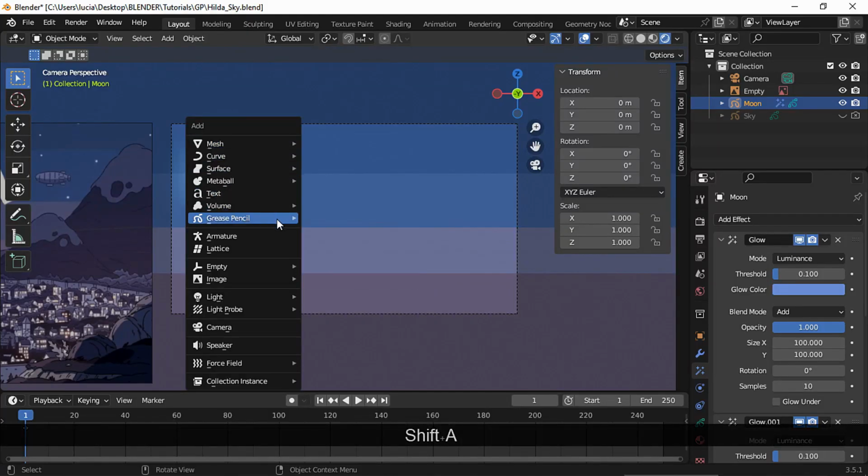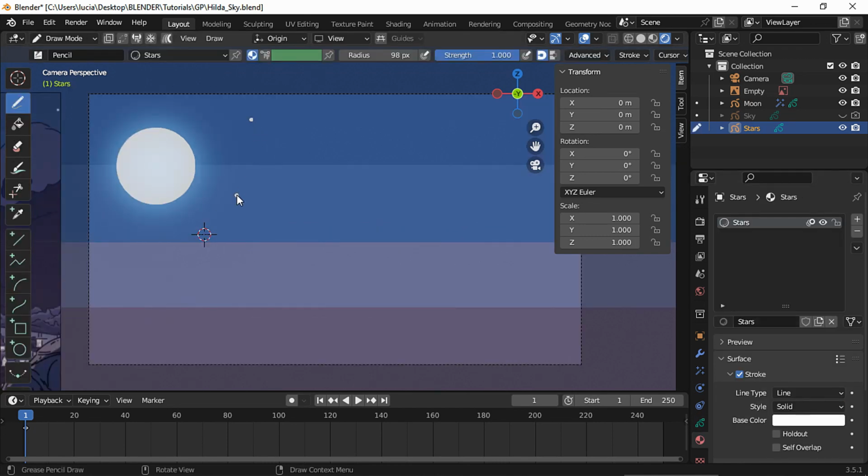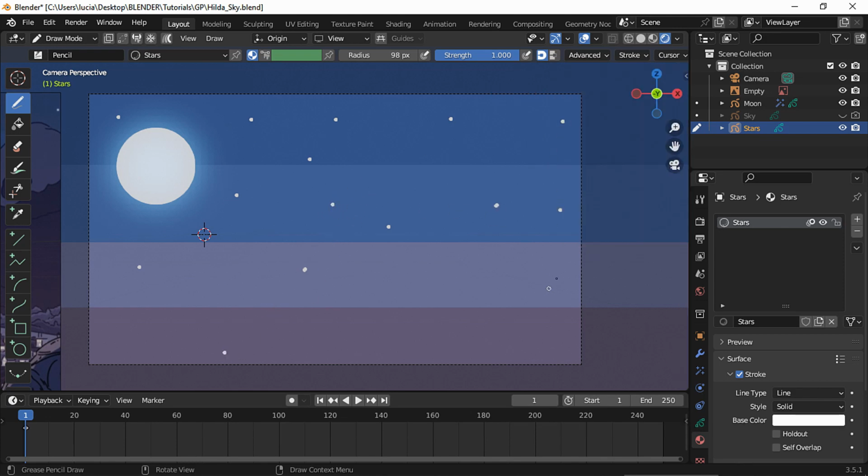I made the stars in another grease pencil object, and with the stroke material, I drew dots using the draw tool. I made the smaller dots to add some variety.